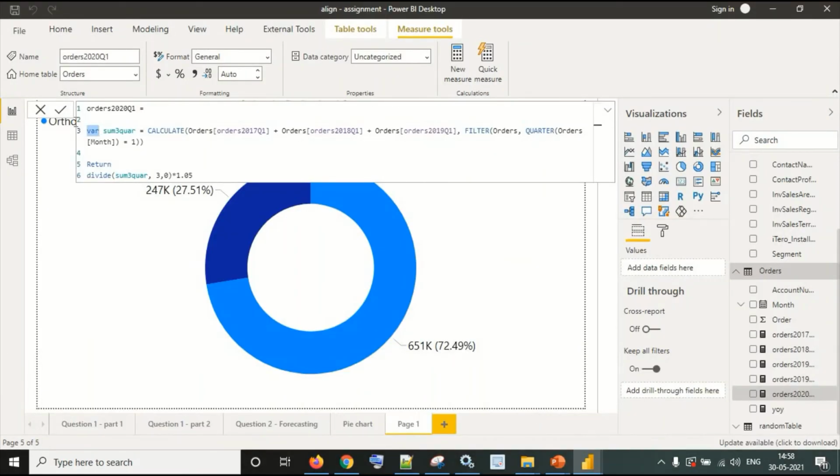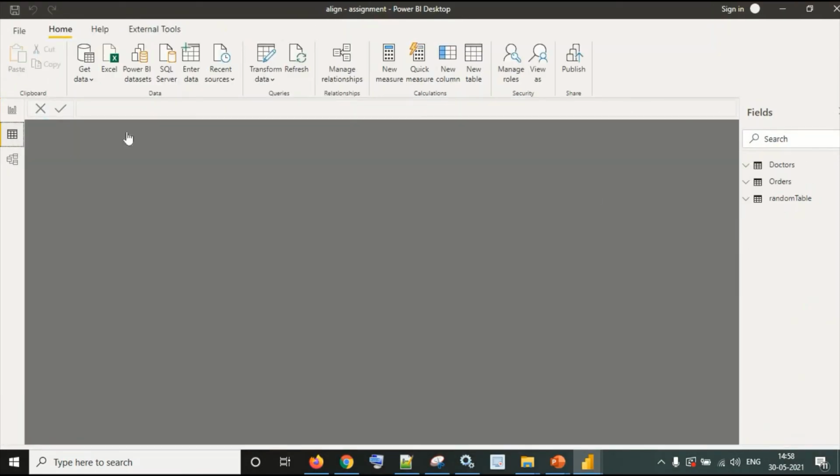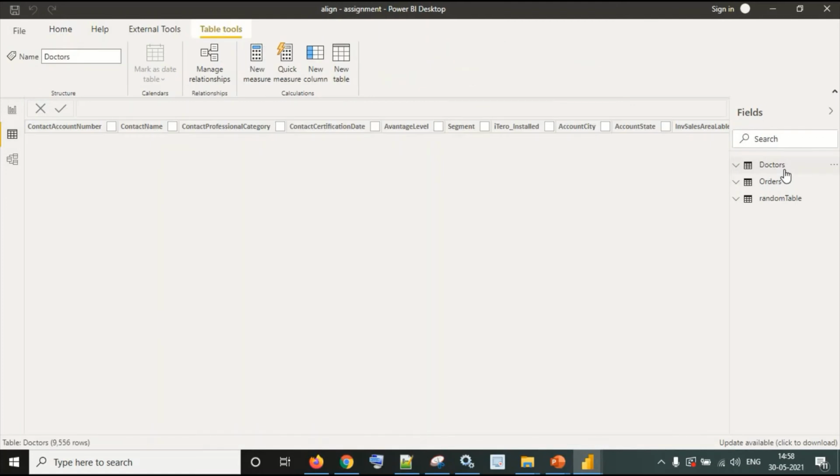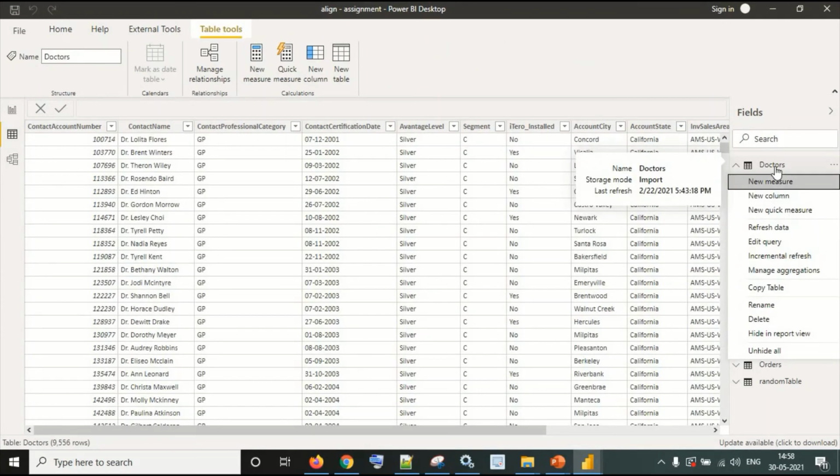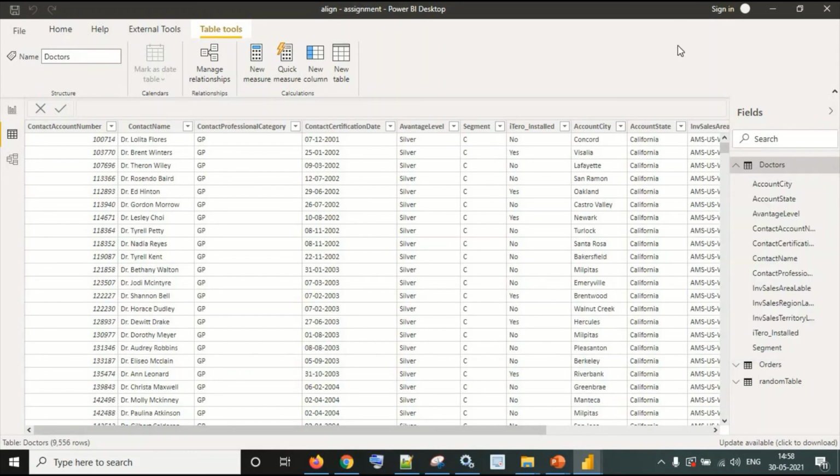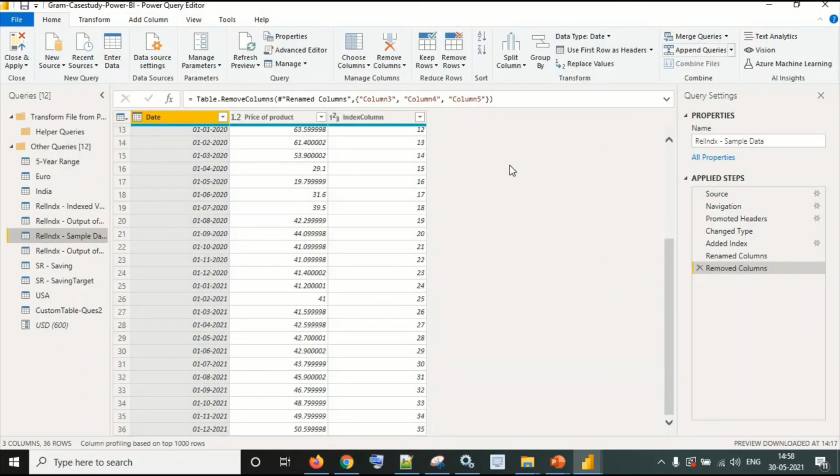If I search here, yeah, the incremental refresh option is available. So once you set all this up in Power Query and then use it in Power BI Desktop, you will be able to do incremental refresh.